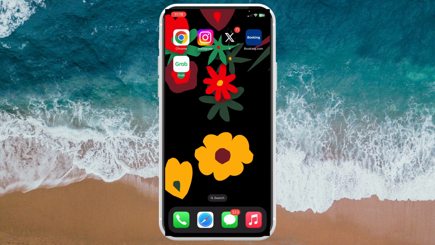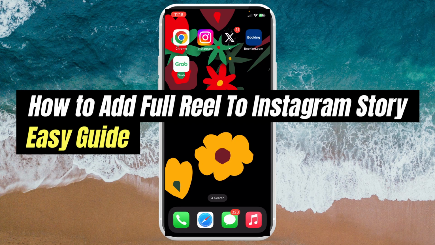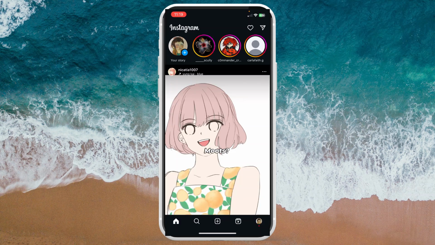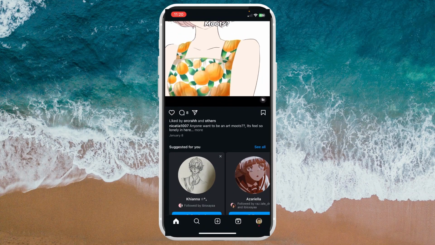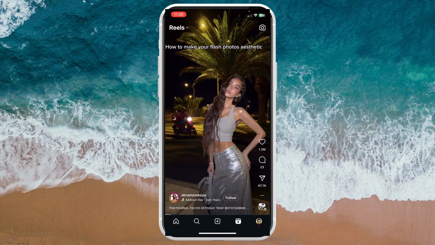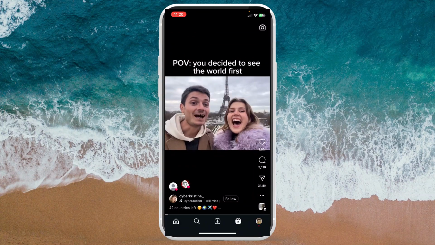In today's video, we'll learn how to add a full reel to an Instagram story, an easy guide. So first, to be able to begin, just open the Instagram app on your device. And once you're in here, click on the reels icon, and if you have browsed or found something